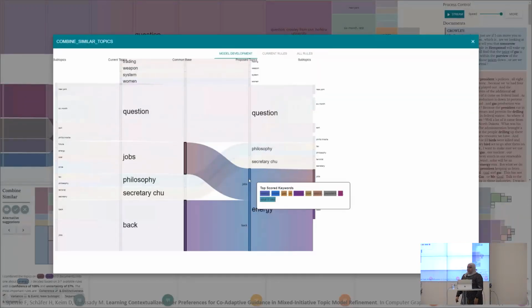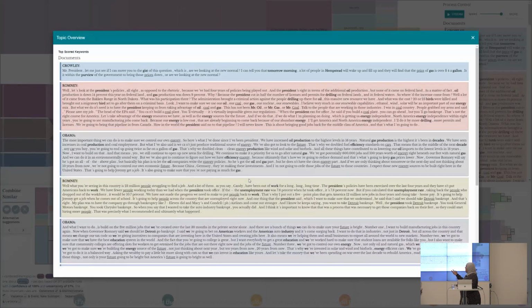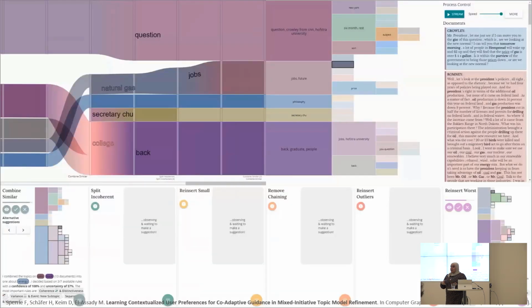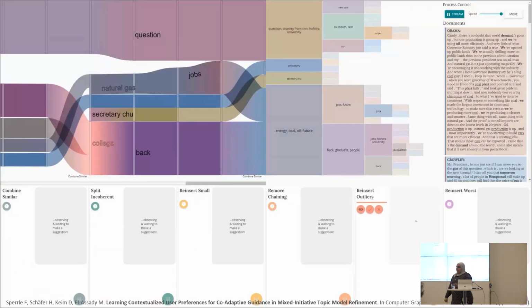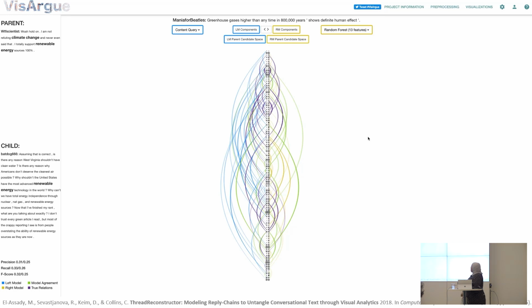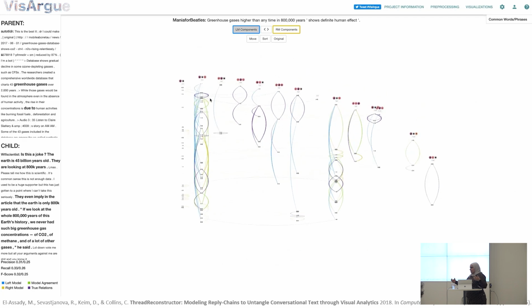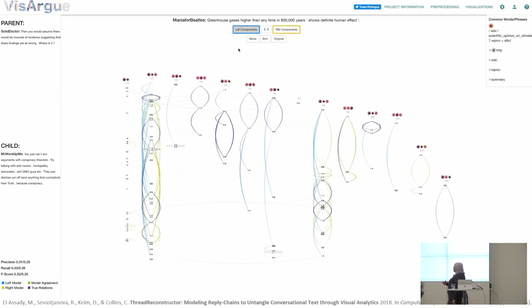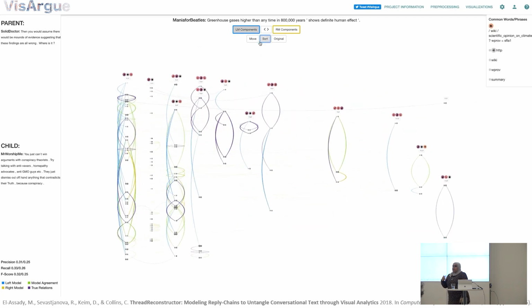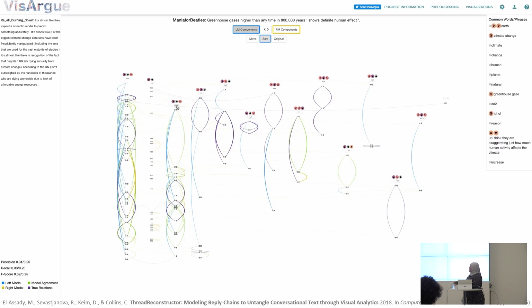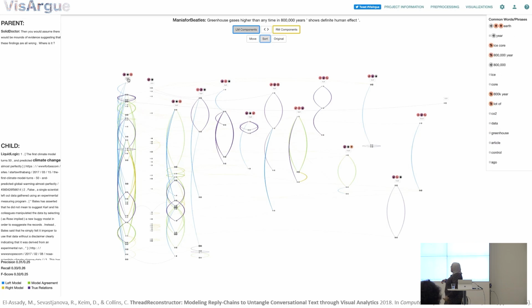All right, so with these types of models, we can try to figure out what people actually discuss when it comes to climate change, for example. Do they think that a particular argument was more convincing than another? If we know that, we can take a Reddit conversation over here, train a model to pull apart all of the different threads, and try to give us some understanding of what was the most convincing argument online when it comes to climate change. So over here, if we pull apart all of these components, we can take a look at the actual text.